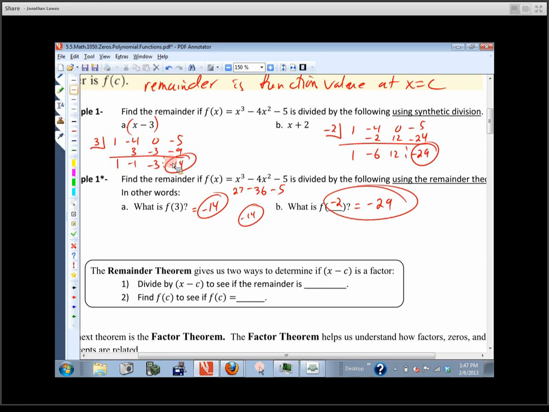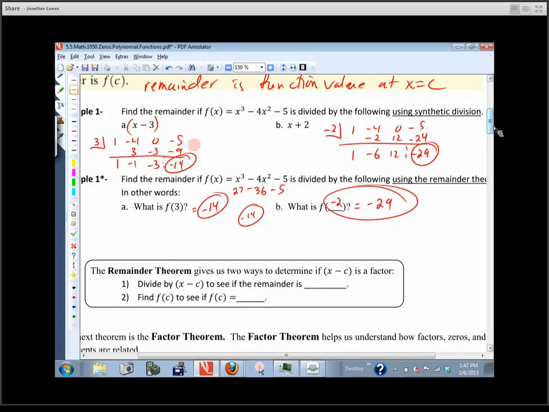Now, the cool part is, depending on how long the polynomial is and how big the exponents are, synthetic division could actually be easier. Because if you think about it, all you're doing is multiplying, adding, multiplying, adding, multiplying, adding. All pretty easy operations. Here, what if this was x to the 7th? You've got to take 3, raise it to the 7th. You have to grab a calculator for that. Whereas on this, you wouldn't need to do that. Any questions there?